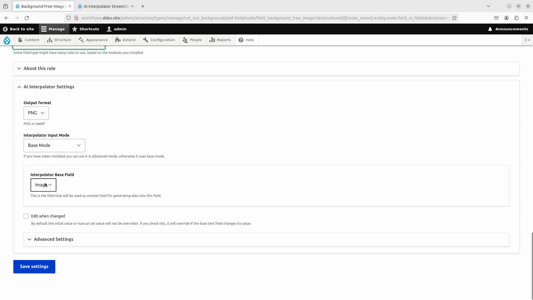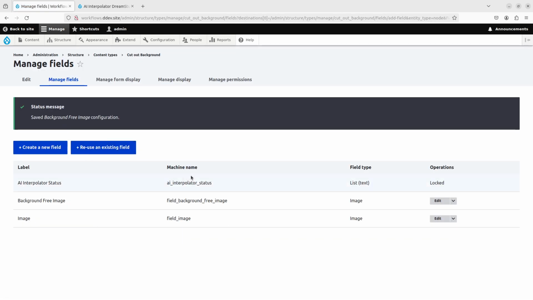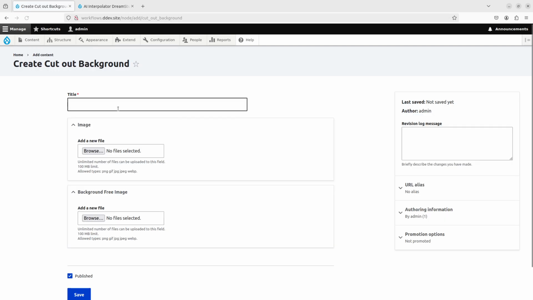We take base mode. We're going to run the base field we're basing this on is image, so that's where we're going to upload the images, and we're going to get them back in this field then. In this case, we don't chain or do anything that takes a long time, so I'm just gonna save here. And that's basically it. So if we take content, add content, cut out background, my background images,